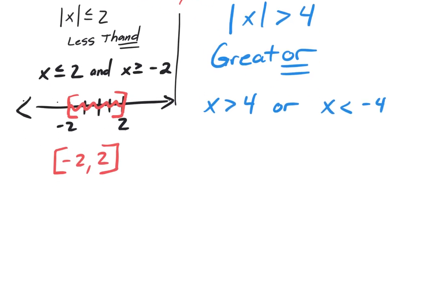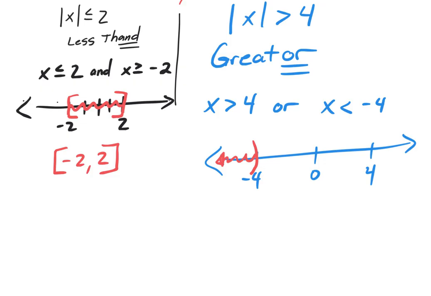Okay, I'll do one with you here that we will solve and have a little bit more work involved, but I just wanted to show you some basic ones here to start with. So negative 4 is going to be down here. Positive 4 is going to be up here. X is less than negative 4. So first of all, it's going to be a parenthesis at negative 4, and it's going to go shaded to the left. And then we have a little break in there. And we're going to start over again at 4, and it's going to shade